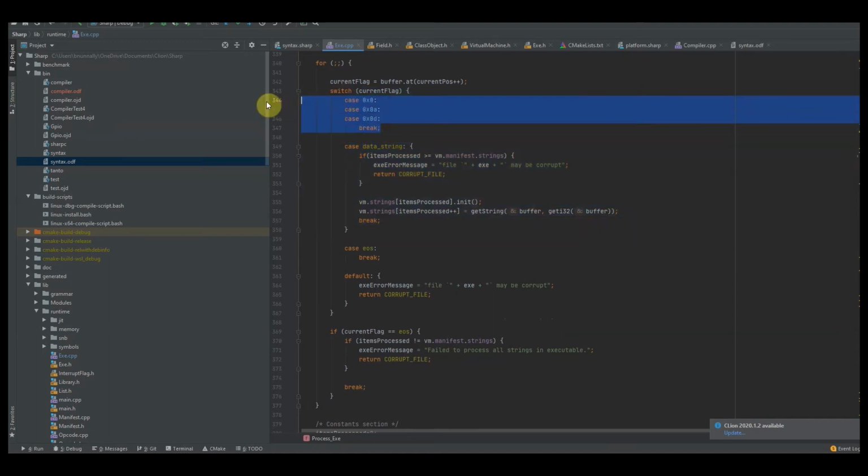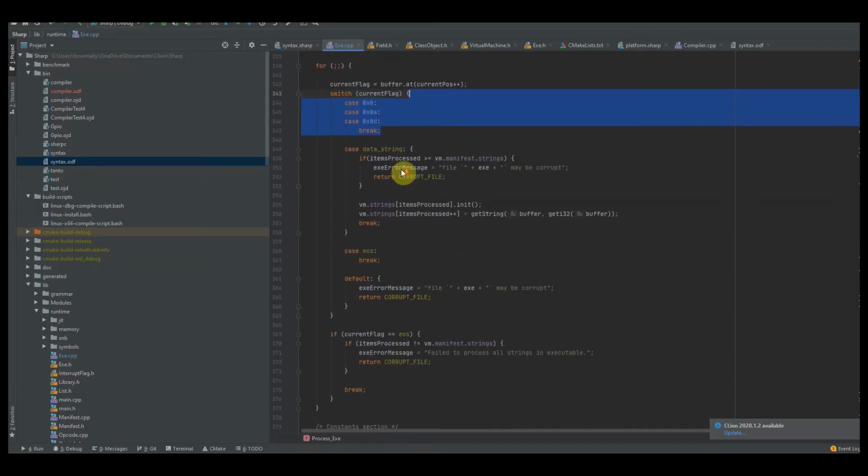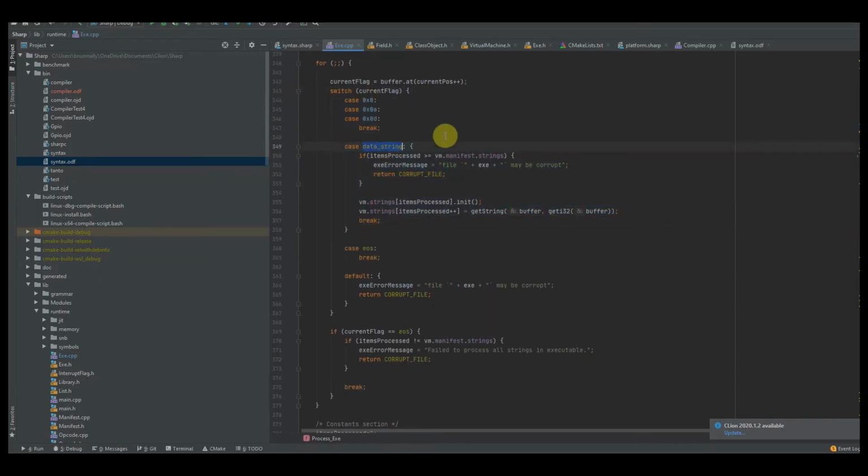By the way, if any of you are wondering why I have these, this is hangover code from the first iteration of my executable. I had a bunch of zeros and these 0xa and 0xd characters as filler to spread things out and align data properly. I don't really use that much anymore, but I kept the tradition. You don't need these filler characters if you don't want them. It's not necessary for processing the executable because I have a pretty tight system. Before, I didn't have a good system for processing numbers, but once I created the 4-byte system to process and build a 32-bit integer, this stuff wasn't necessary anymore. But anyway, for a data string, if the current character is equal to data string,